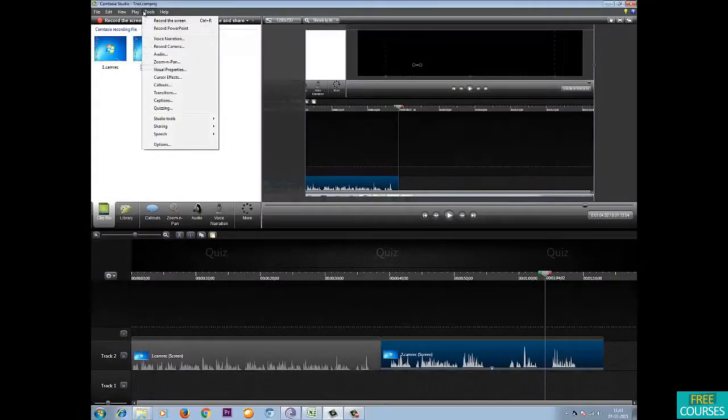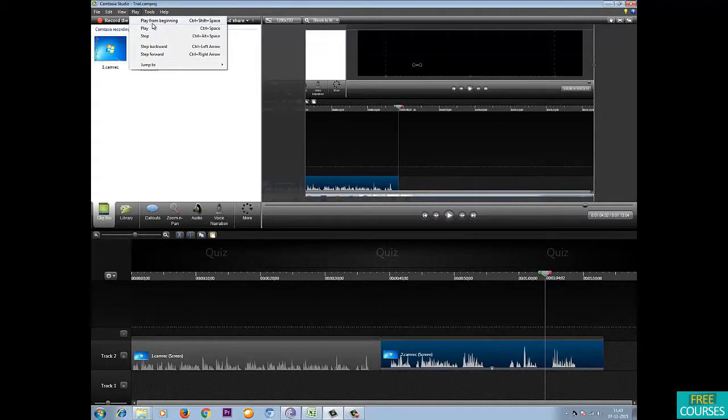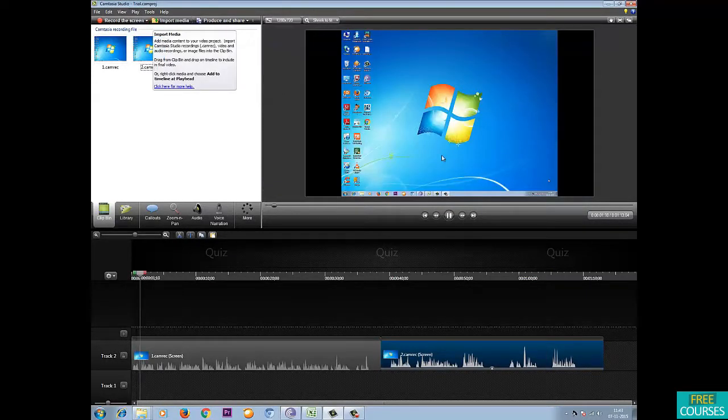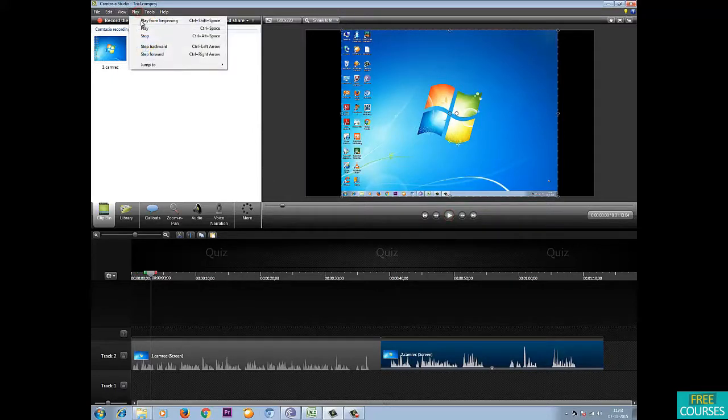Now the play option is also very interesting. You can play from beginning. When you click on this, your video gets started from the beginning, right? And you can just play from where the cursor is, right? So if I put my cursor to this side and just click play, here you can see it moving on from this side. So it's really important, and you can just stop whatever is playing from here, and you can just step